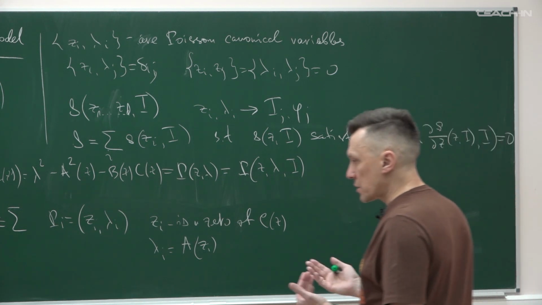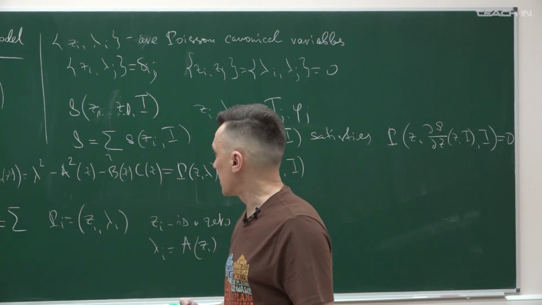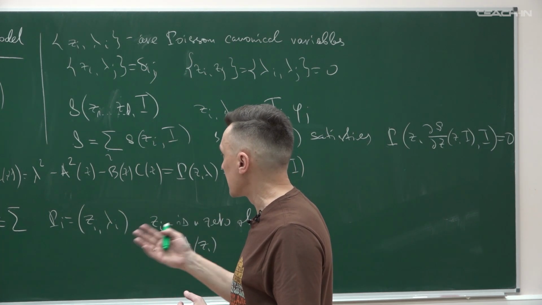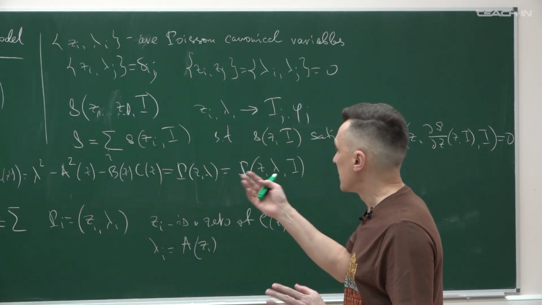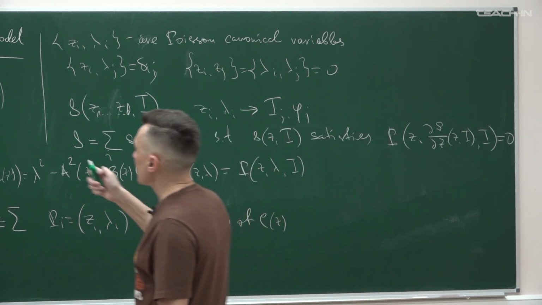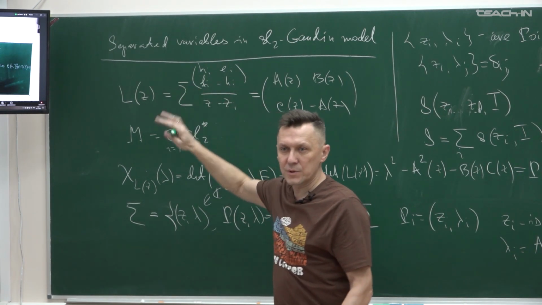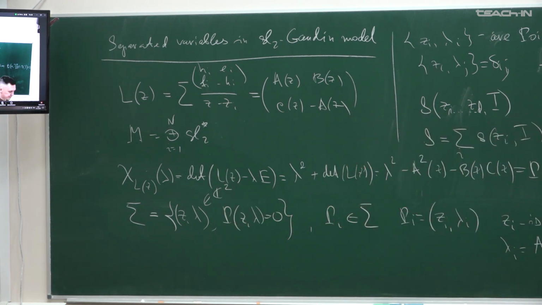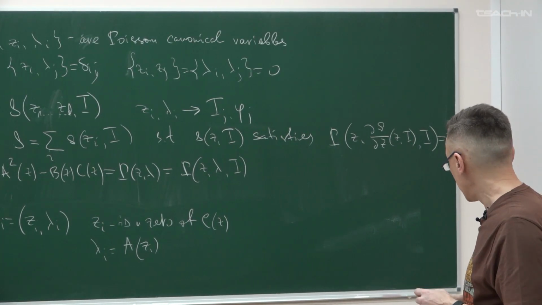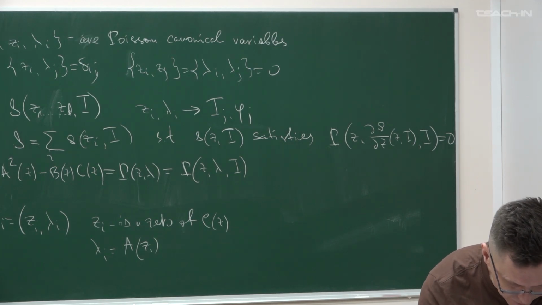But these coordinates are extremely non-trivial. They're not trivial inside the initial phase space. So you see, these are some points on the curve. They are not related with the spin variables. So the separation of variables is not in terms of these copies of spin variables. Okay. So this was the main statement of our last lecture, and now